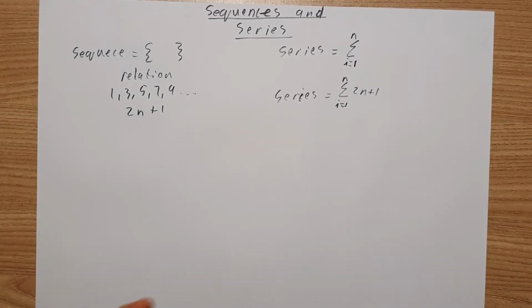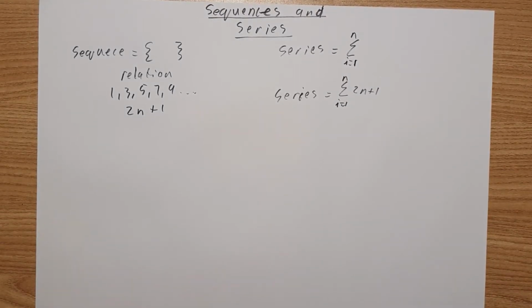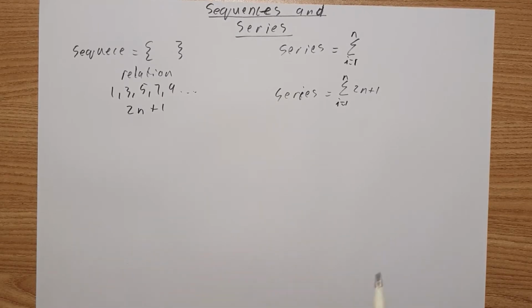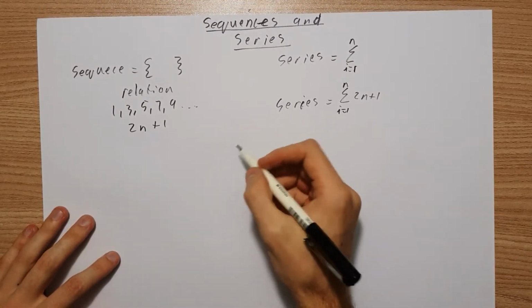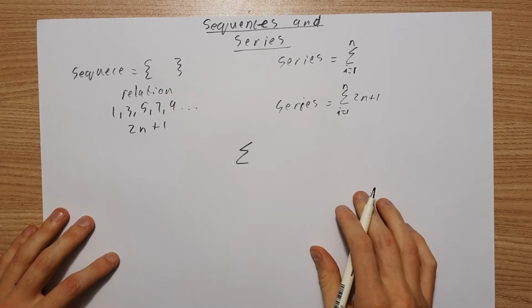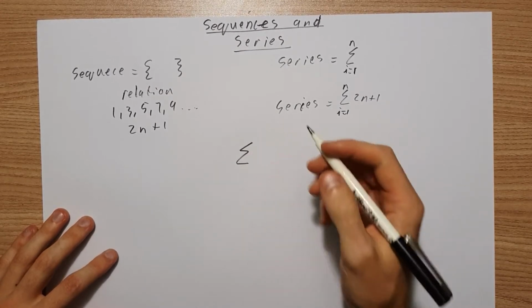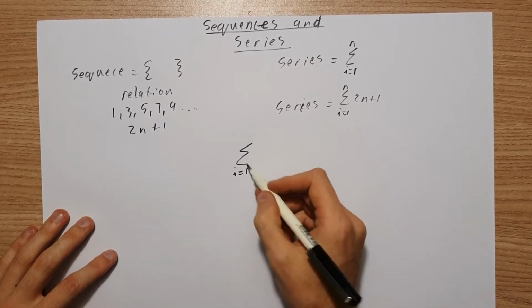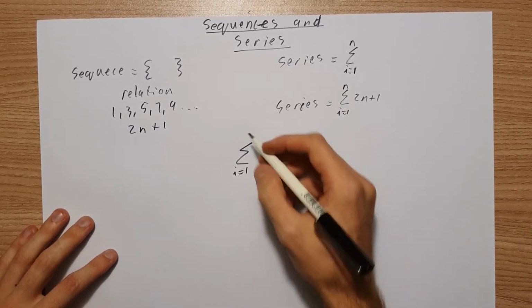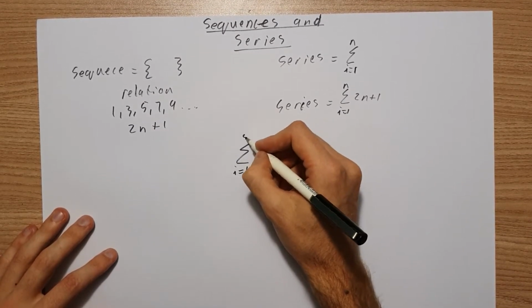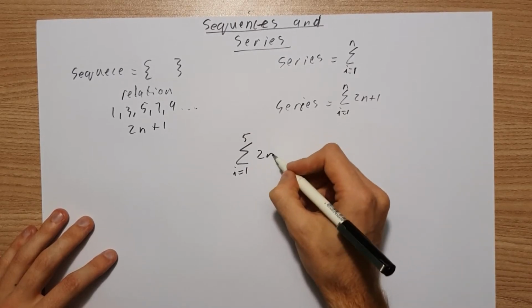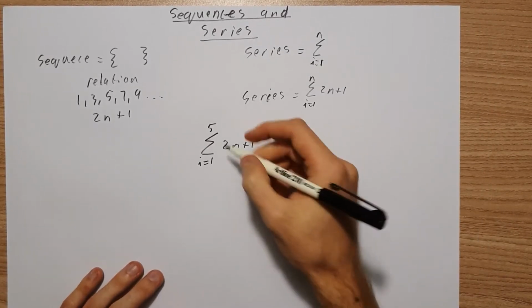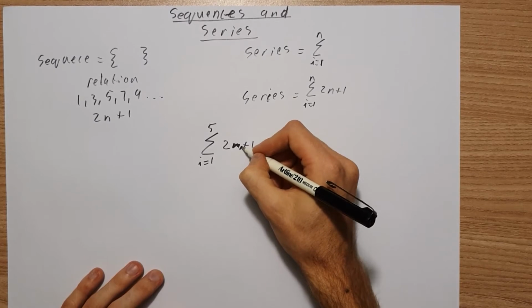Okay, now I just want to run over some summations. So looking at the summation sign, this indicates the sum. So the bottom tells us where we start. Okay, so this means we'll start when i equals 1 and we'll go up to, let's say, 5. So if I just choose 2n plus 1, okay, not n, sorry, let me just change that to an i